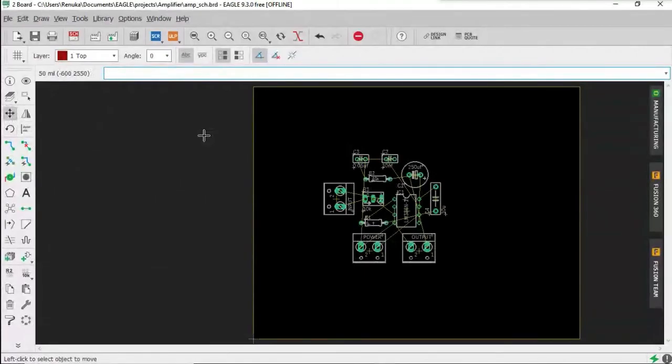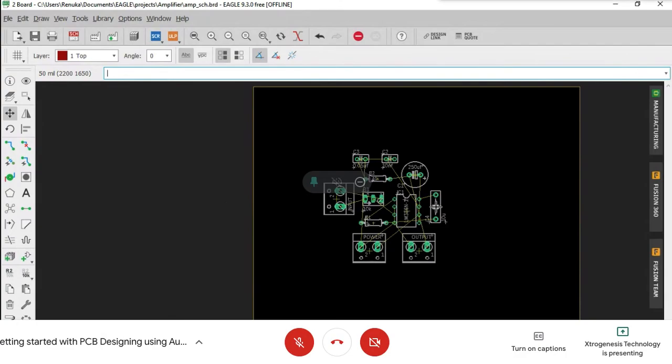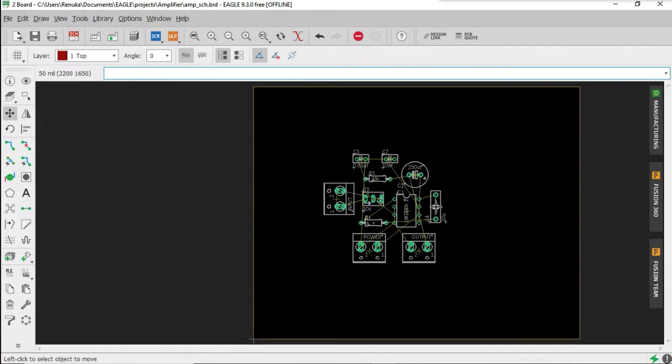Has everyone finished arranging the components? It need not be like what I'm doing now. You can arrange it however you want it. Just ping me once you are done arranging the components. We will proceed with the further steps.